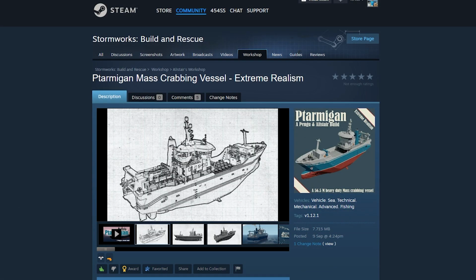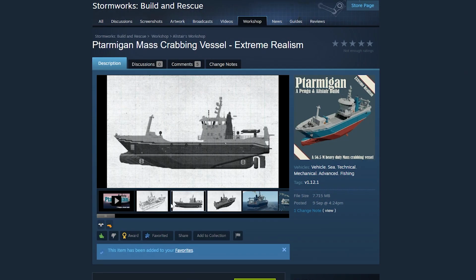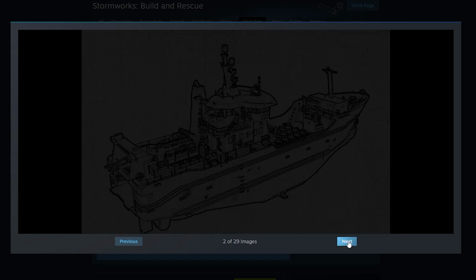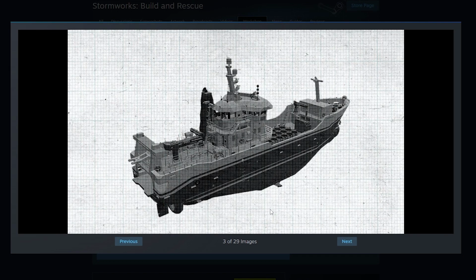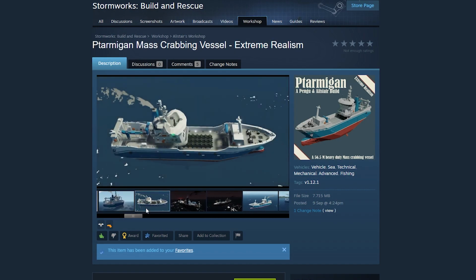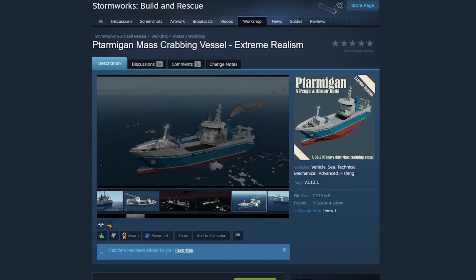So looking at the actual workshop creation, you could see right away just the detail that Pingu and Alistair went into for creating this. You can see this looks like a hand sketch drawn piece of paper of the ship, and you could see the proportions really do look fantastic. One thing I really like is the overall shape. Well, only one thing out of a billion things that I could mention right now, but I just love the